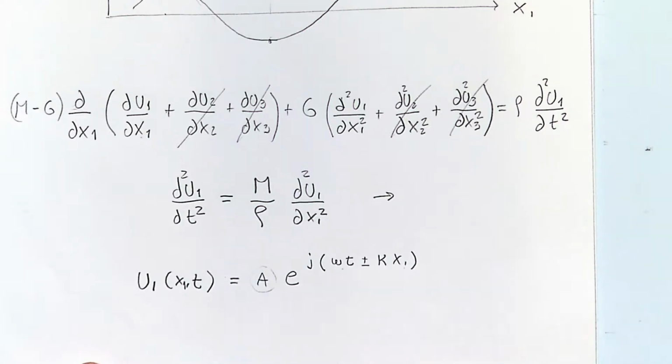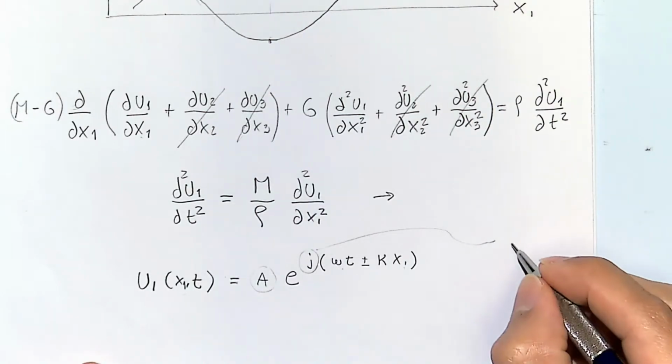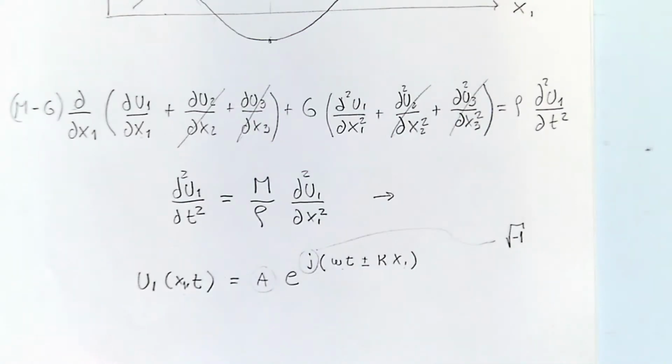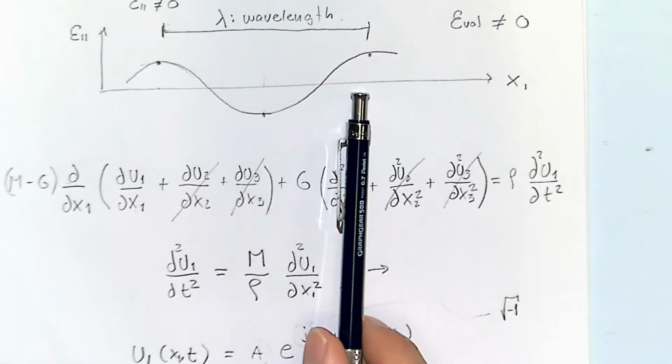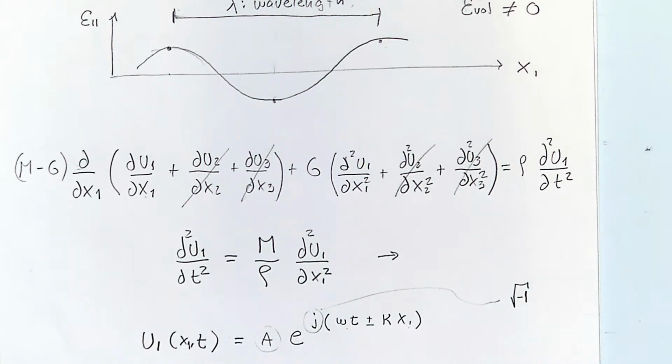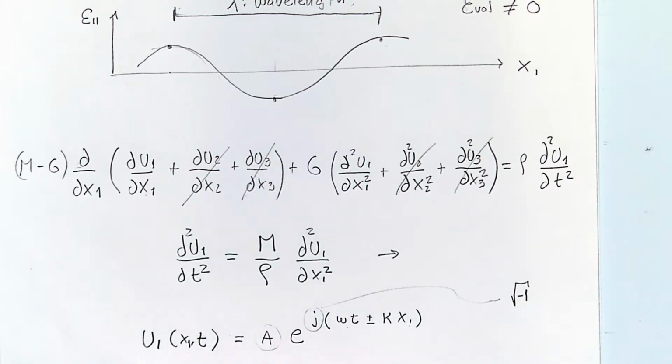This is a constant, and what is this? This is an irrational number, square root of -1, right? So this is an imaginary number. You can find the solution through this set of equations, but the short answer is that this is a harmonic function. Similar to what we did here. We could assume, for example, for a particular case,